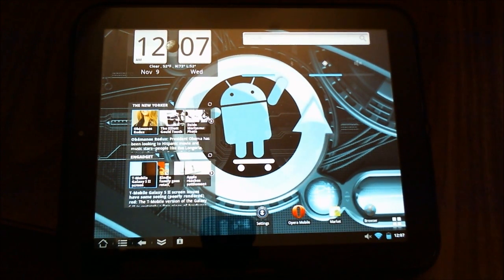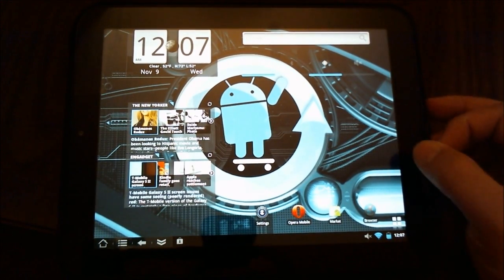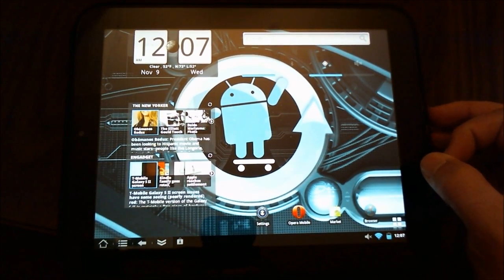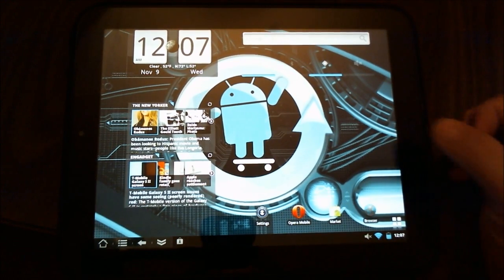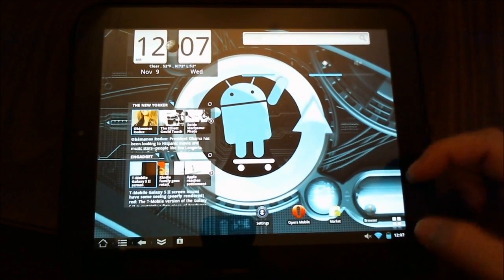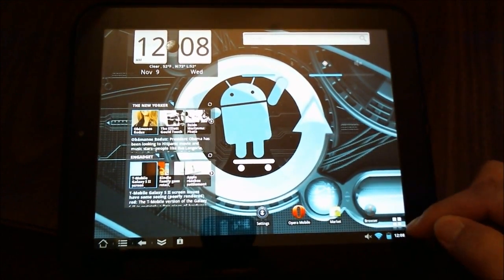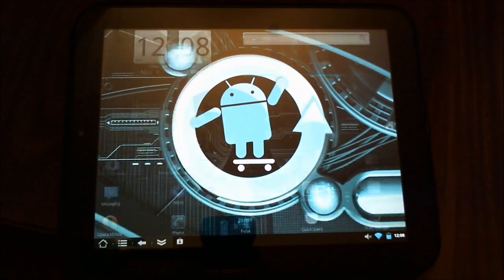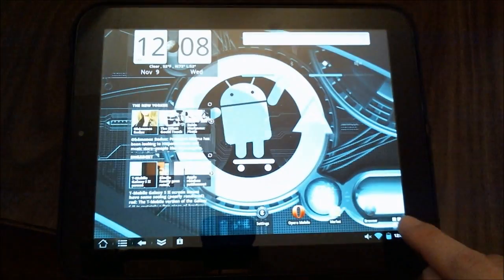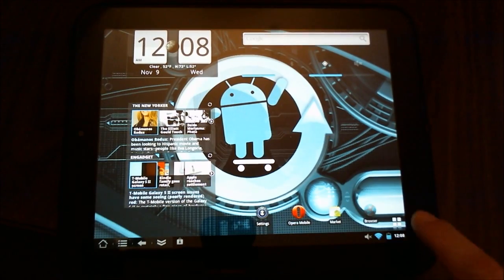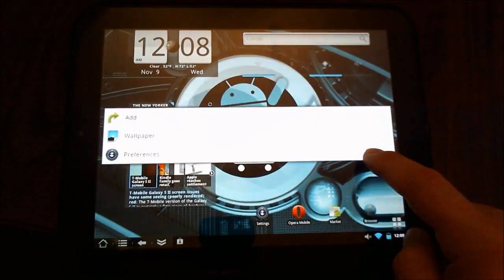I thought Zeem was going to be the one that I really truly liked for a couple different reasons. Number one, the first thing you see is that I don't have my bar here on the right. Zeem gives you the ability to align this bar to the left or to the right, and I've done so with only one item. So if I want to open my tray, I have one small button down at the bottom, and it's a beautiful thing. Let me change the wallpaper here